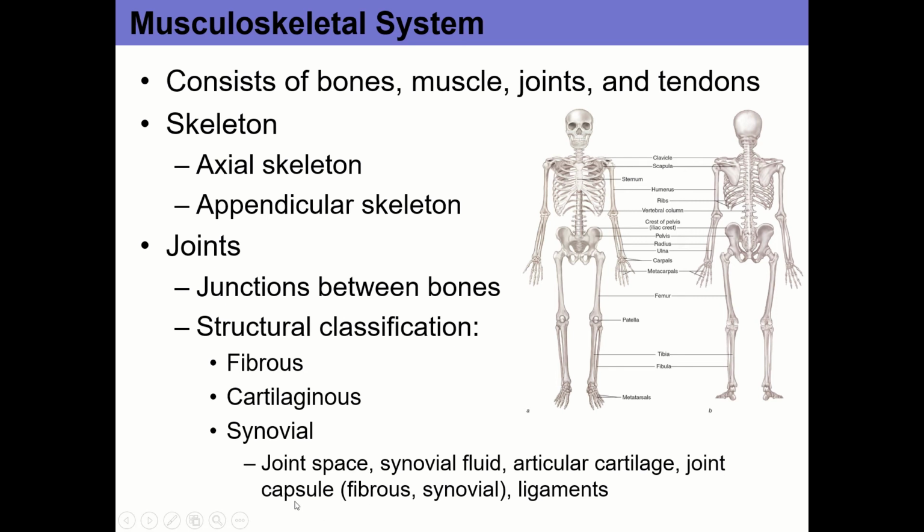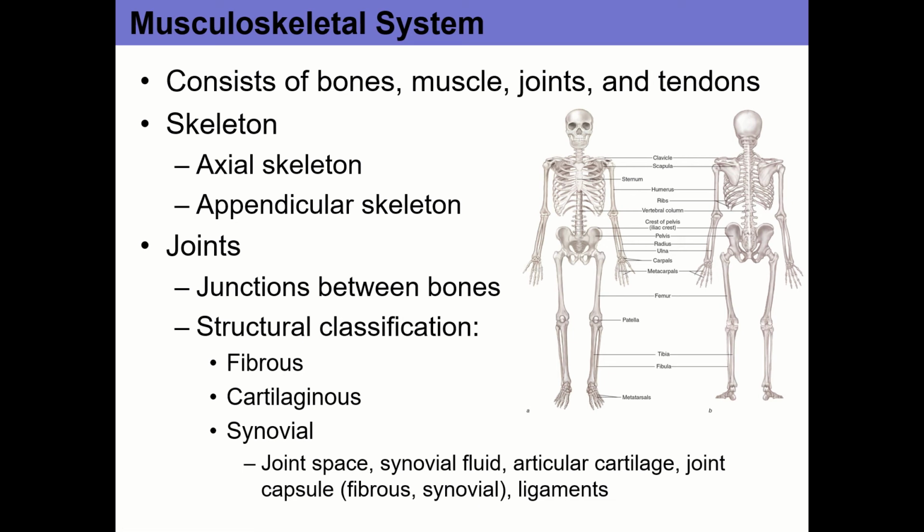The joint capsule itself has two layers. The outer layer is called the fibrous layer. And so that's really thick collagen tissue. So sometimes you've got ligaments that are part of that external or superficial layer of the capsule. So that's the fibrous layer. It does the structural connection between the bones. And then inside of or deep to the fibrous layer, you've got the synovial layer, which is a membrane that